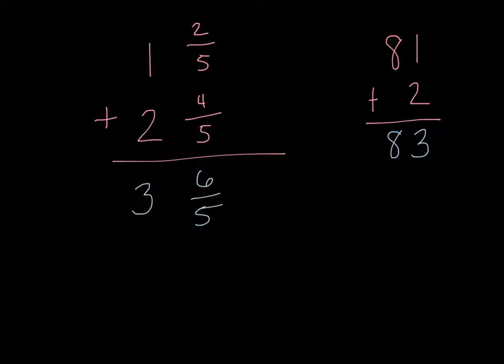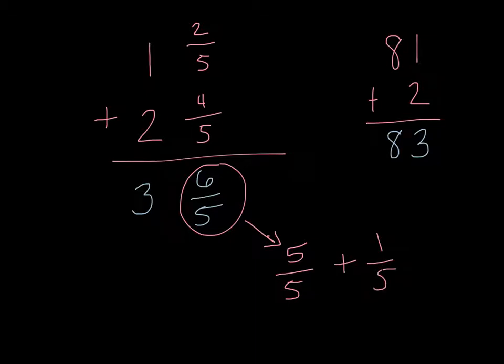Now 3 and 6/5 is an answer, and it is acceptable. However, there's another answer that we can come to that makes more sense in the real world. When we look at the 6/5, there's a way that we can simplify this. If I were to take this apart, I could see that this is 5/5 and 1/5 added together. Now 5/5 is the same thing as 1 whole. So 6/5 is really the same thing as 1